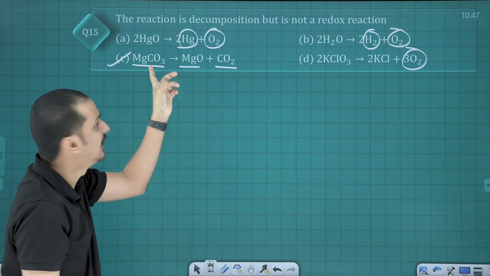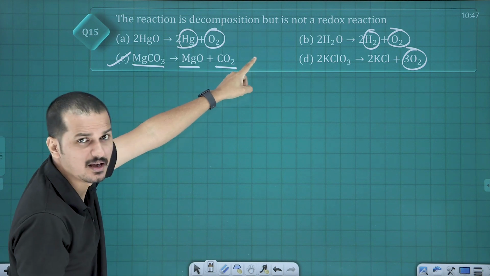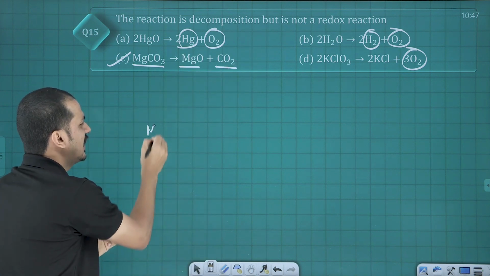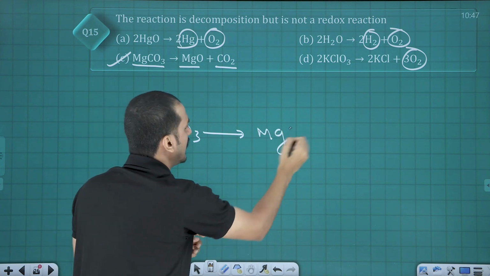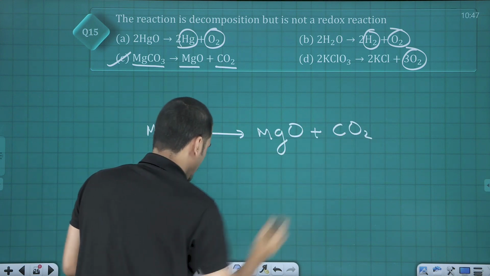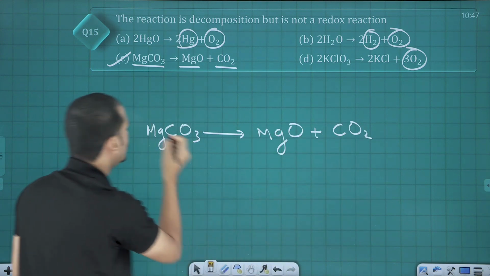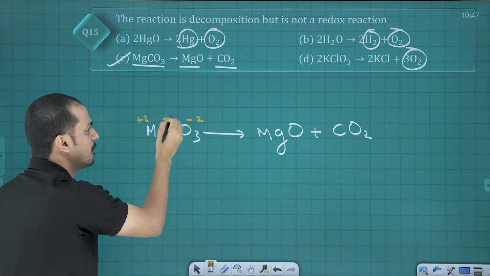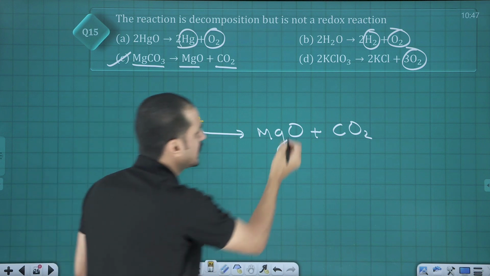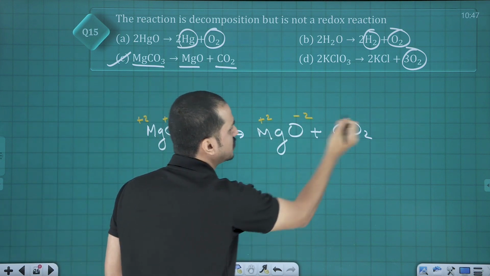It is what? Decomposition but not redox. Why? Because see, MgCO3 tends to MgO plus CO2. Here we can write the oxidation numbers. This magnesium is plus 2, oxygen is minus 2, carbon is how much? Plus 4. Once we come here, oxygen is minus 2, this is plus 2, this is minus 2,